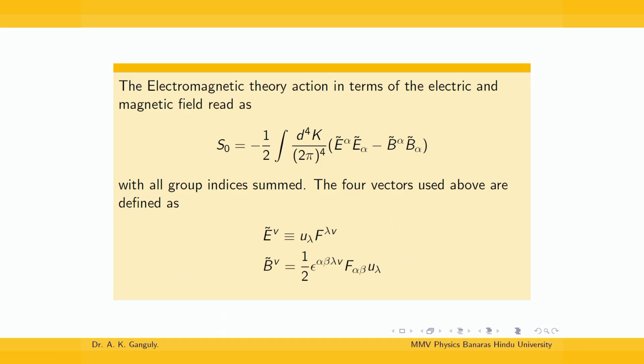And how does that vanish? Because in the rest frame of the system, u 0 is the only finite quantity, rest of them are 0. So, when you contract the index lambda, only the term for u 0 survives, and for u 0 in the product what survives is F of 0 nu. Now, the moment nu is considered 0, the antisymmetric tensor has both the indices same. So, it automatically goes to 0. Therefore, E of 0 is 0,